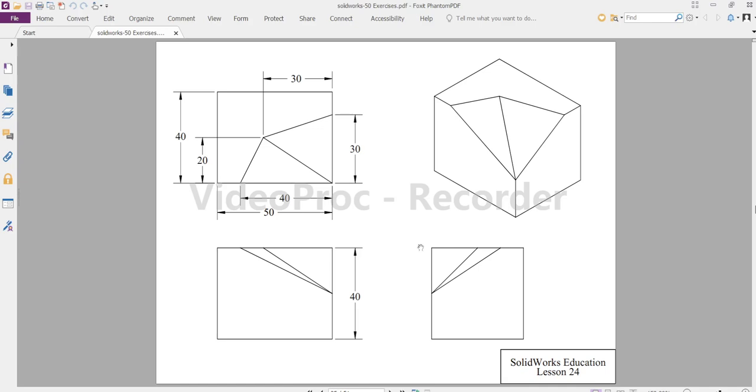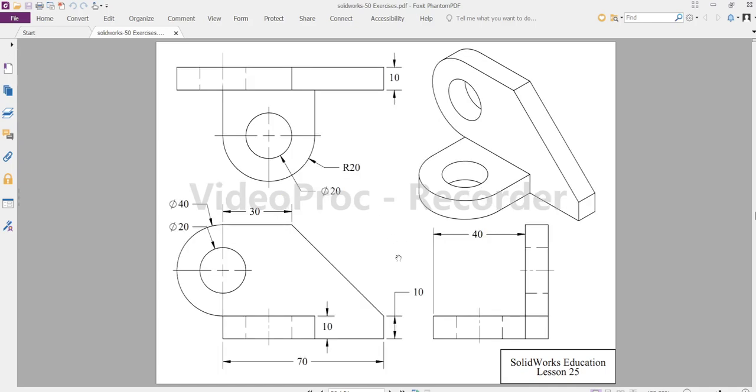Next go to exercise 25. Here we can divide this model into 2 parts. This is the first part and this is the second part. So we will draw the first part in the front view. This is 70, this is 10, this is also 10. So first of all we need to draw a